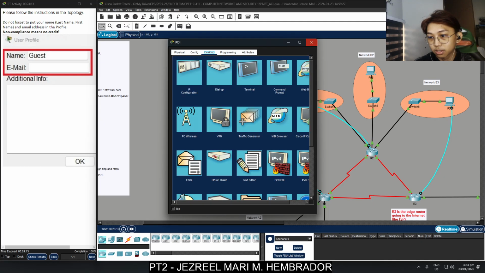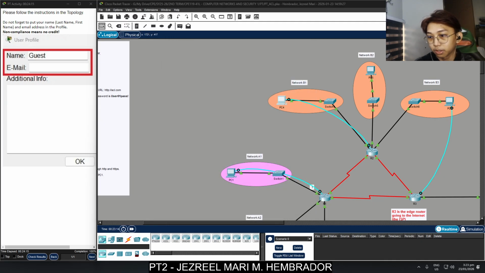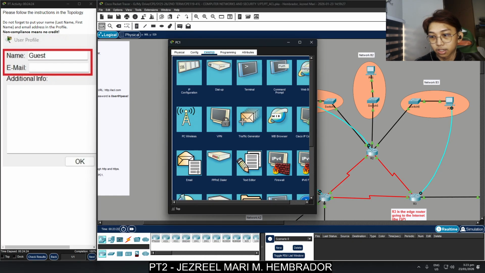So next, we are going to verify R3 web access. I will confirm that PC1 can still access the internet through the R3 firewall.